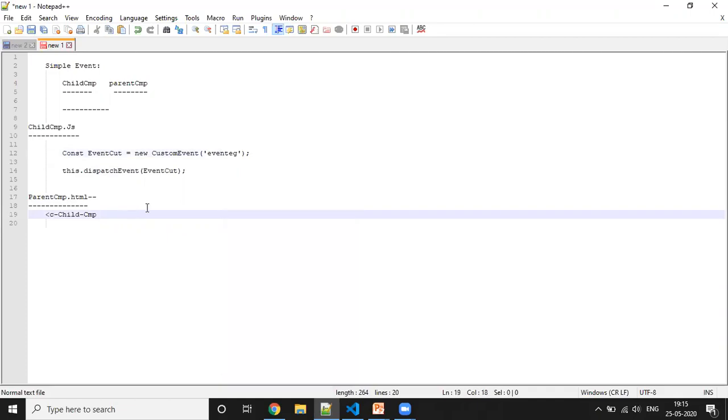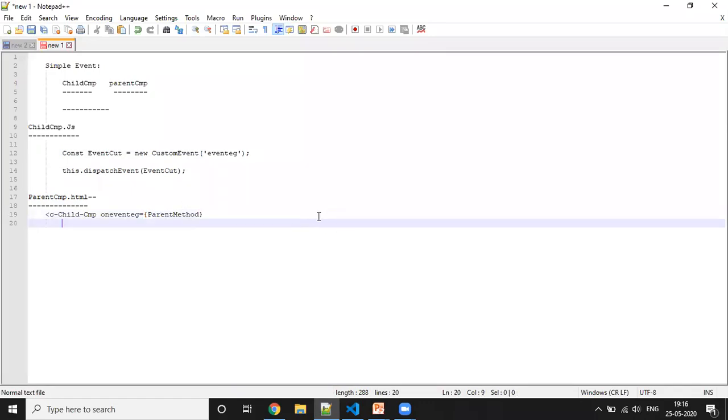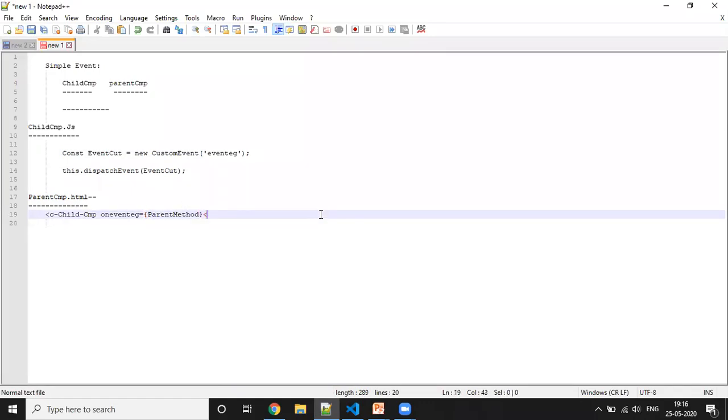But before that we have to add on, which is a standard keyword, and then we can define any parent method name that we want to access, and we can just close this. This is just the syntax.